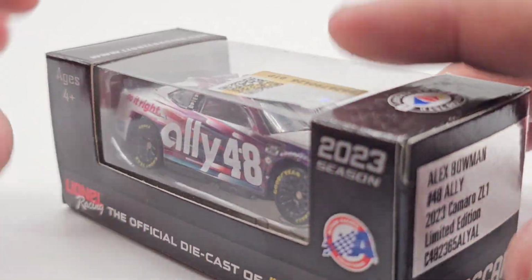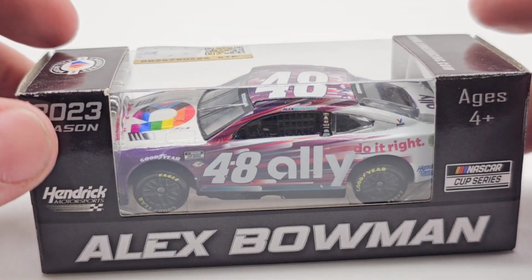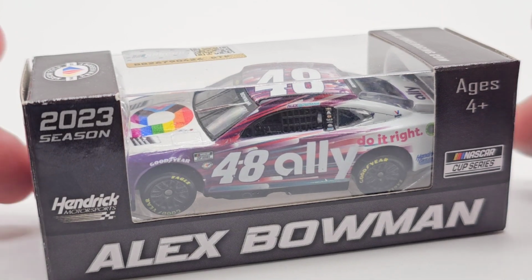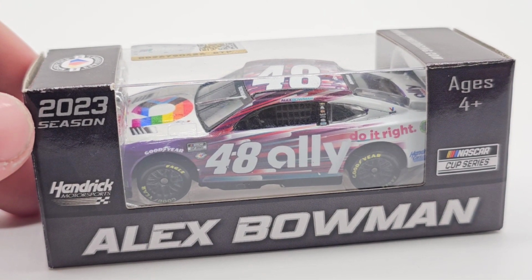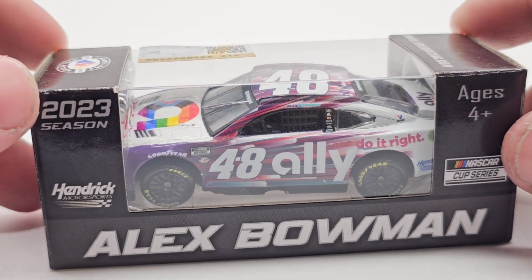This is just a standard scheme, nothing to it. There is no custom box or anything. I'll probably edit a custom box, honestly, so don't worry about that. You'll still be getting all the custom detail, but this is ran at Sonoma, and the only reason I really